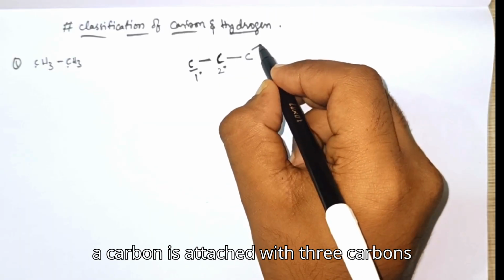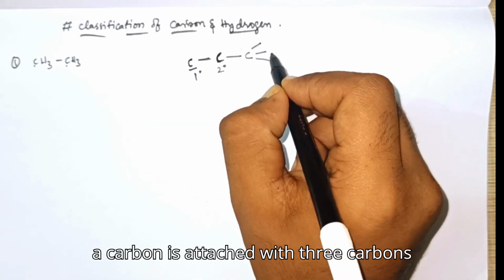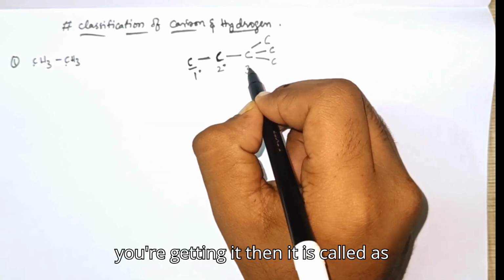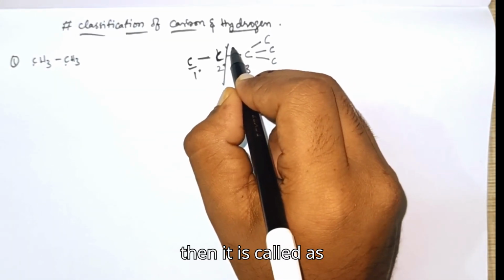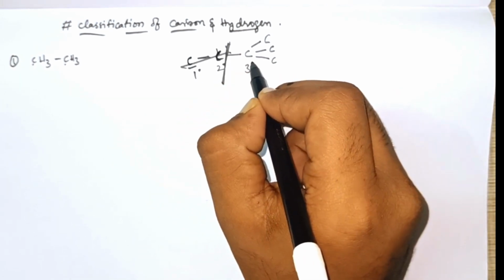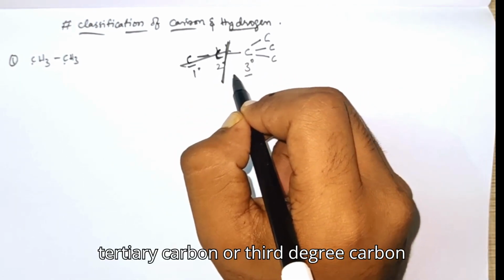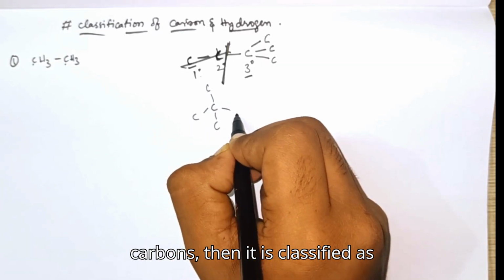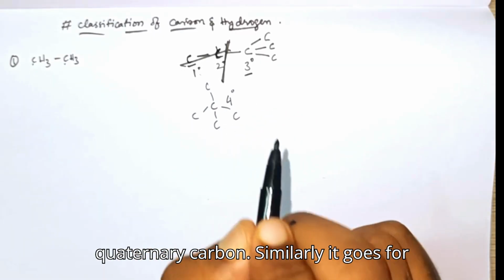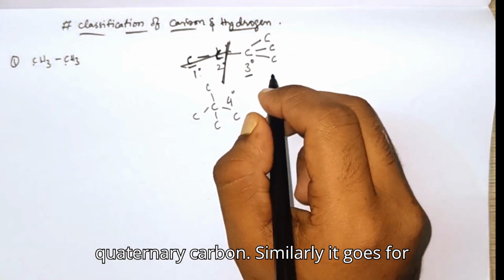And if a carbon is attached with three carbons, you're getting it, then it is called tertiary carbon or third degree carbon. Or if a carbon is attached with four carbons, then it is classified as quaternary carbon. Similarly, it goes for